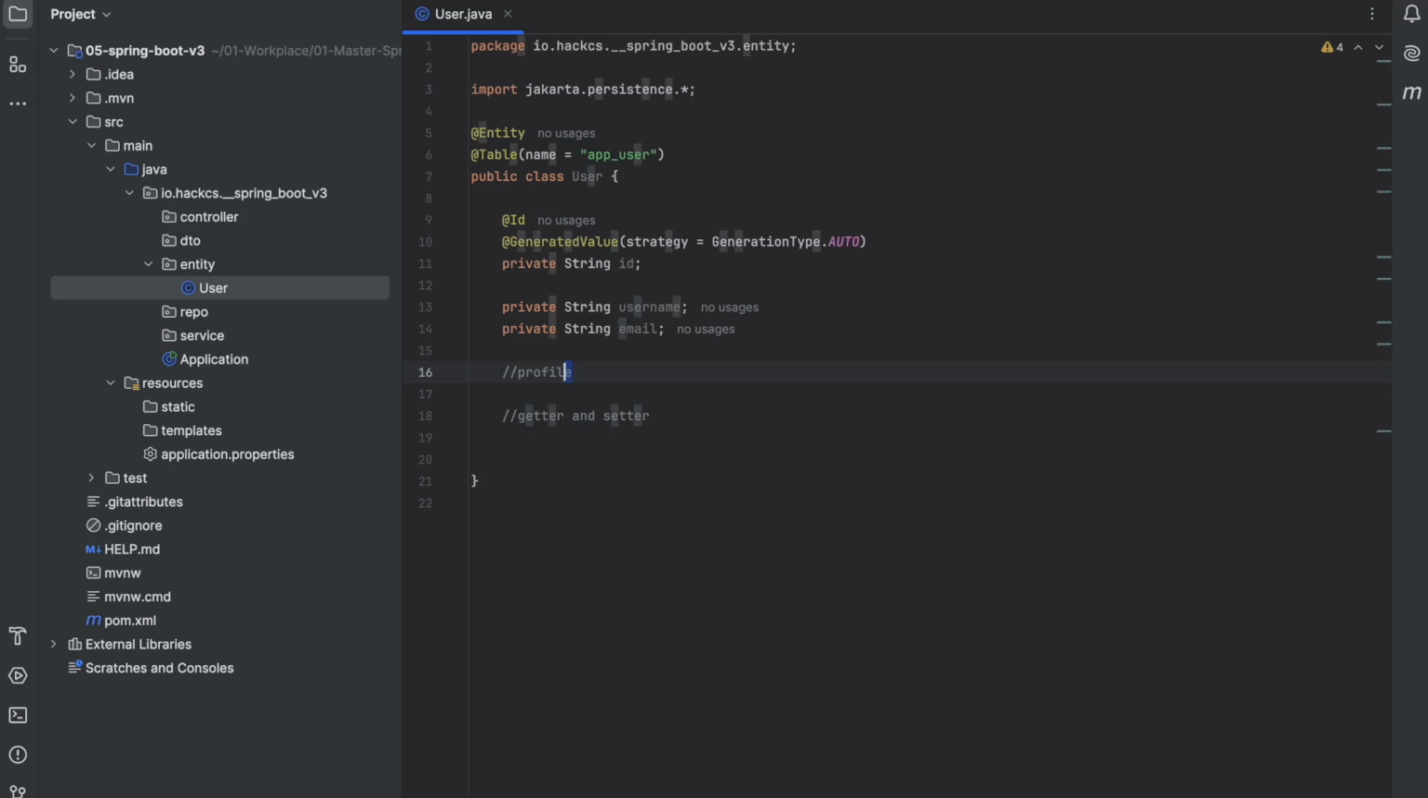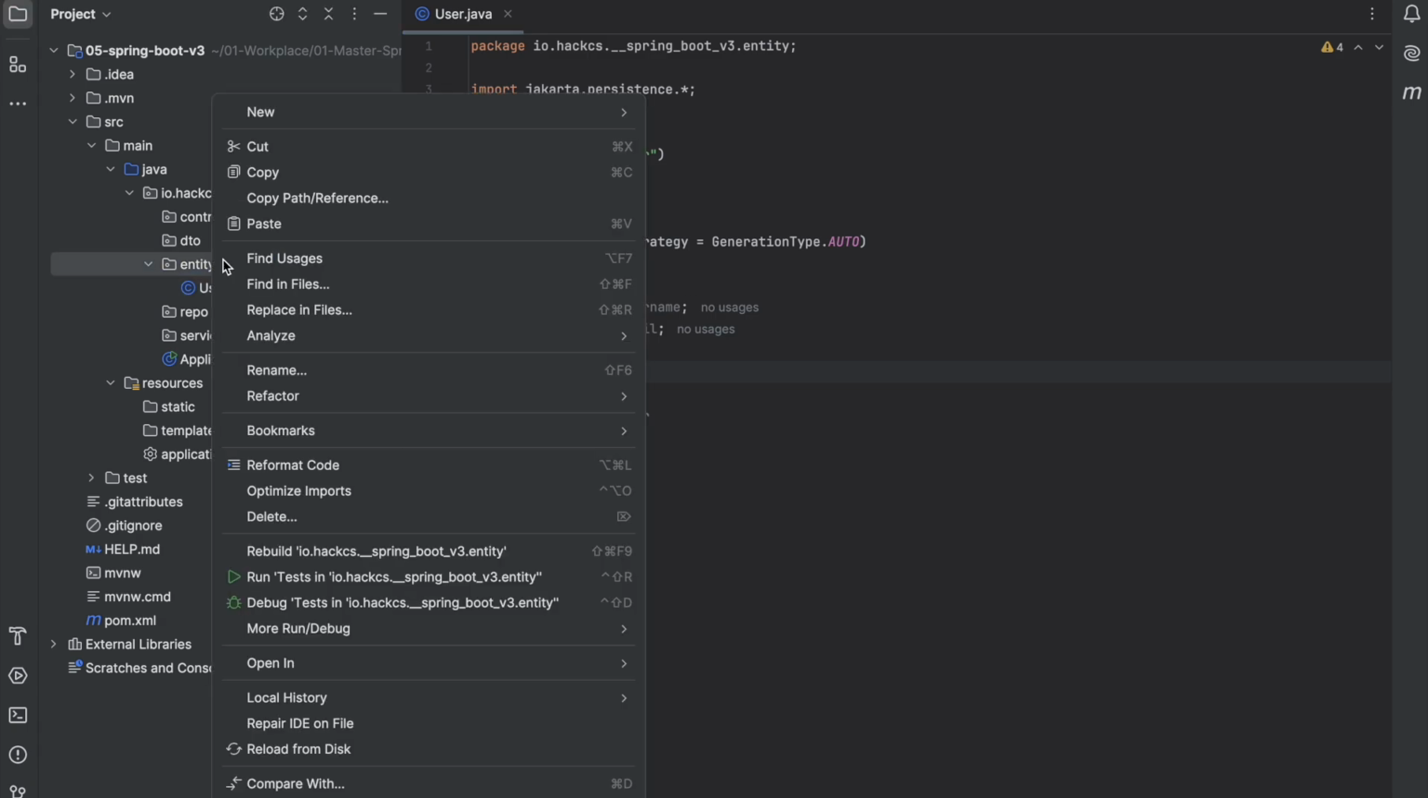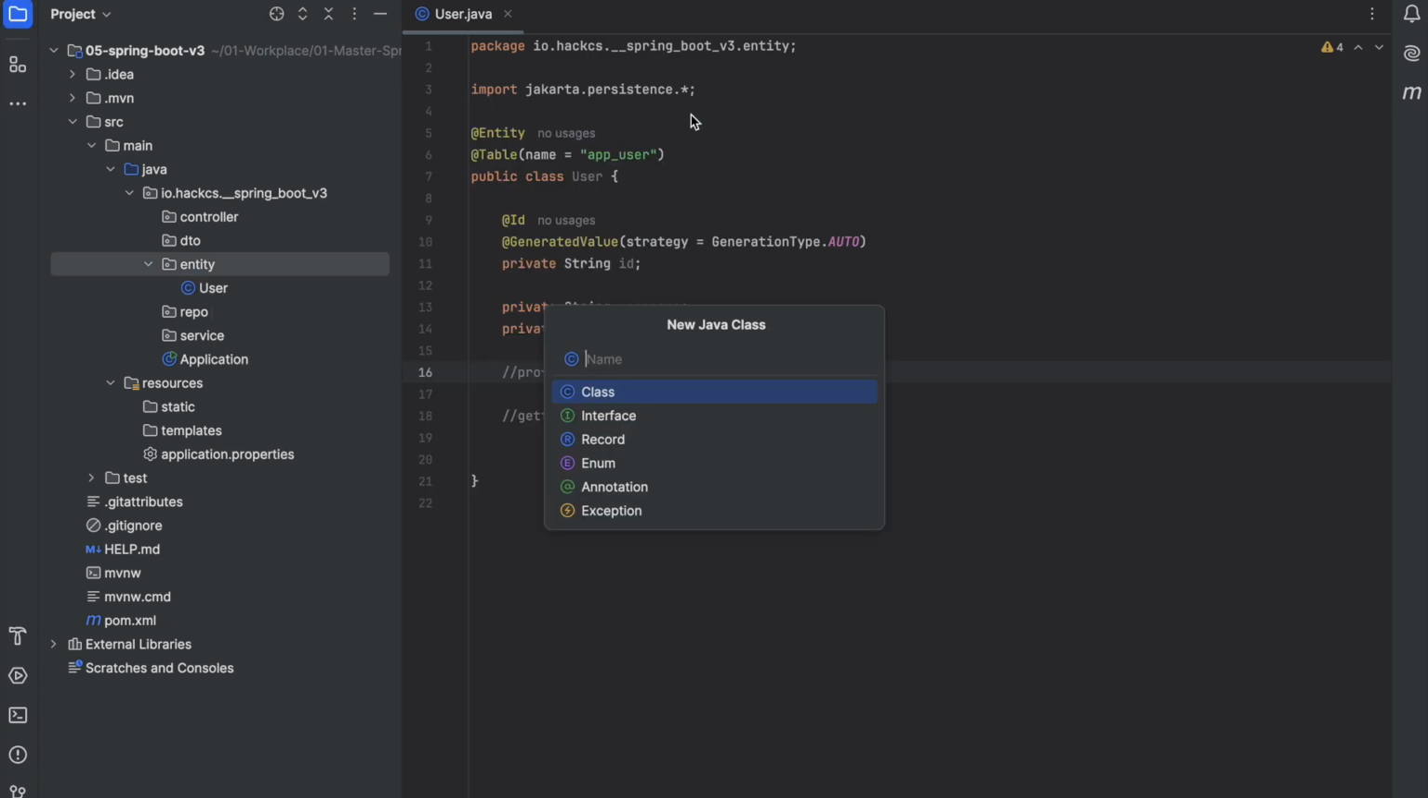So here we need to define something related to profile. Okay, so we'll leave it here. We will come back to here again. First, now come to profile, our profile entity. We'll create our class Profile,